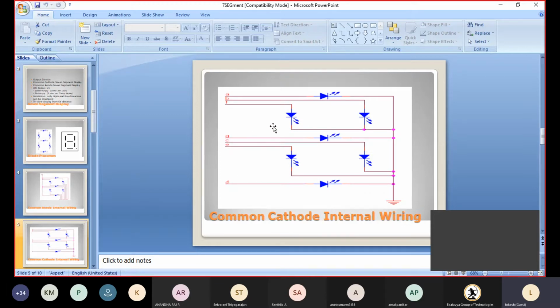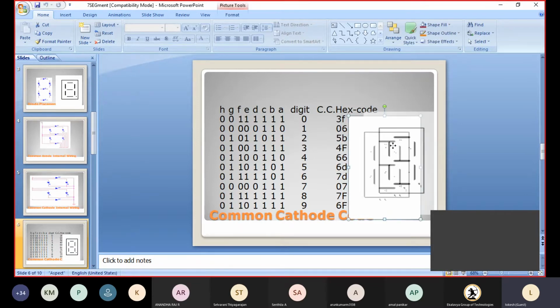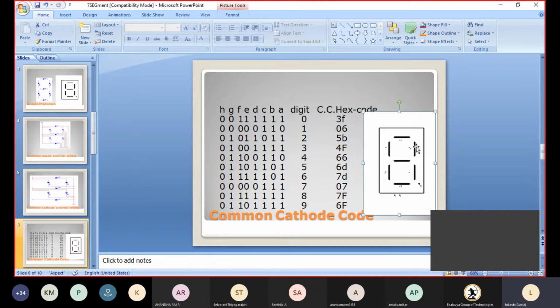Here the cathode is given like this. That's the difference. This is the important thing, so try to understand this carefully. I think you may know this clearly, but try to understand it. This point is called A, B, C, D, E, F, G and H. H is a decimal point.